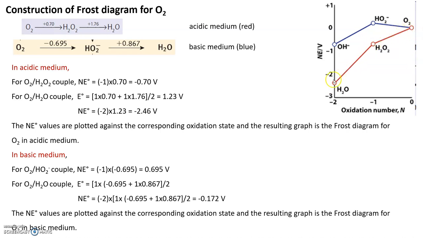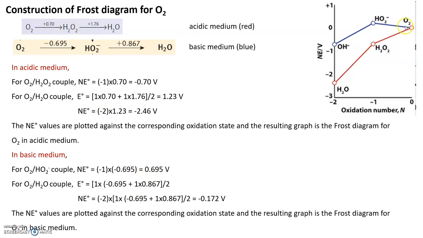You join the line. This is for acidic medium. This is the Gauss diagram for oxygen in acidic medium. Now, one more piece of information. If I join H2O and O2 together, what will happen? These will lie above the line joining the two points. That means H2O2 will undergo disproportionation to H2O and O2, which was earlier predicted by the Latimer diagram, according to which if the potential at the right hand side is more than the left hand side, then the species will undergo disproportionation.